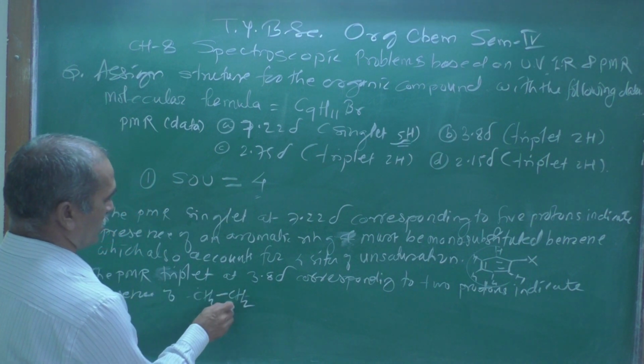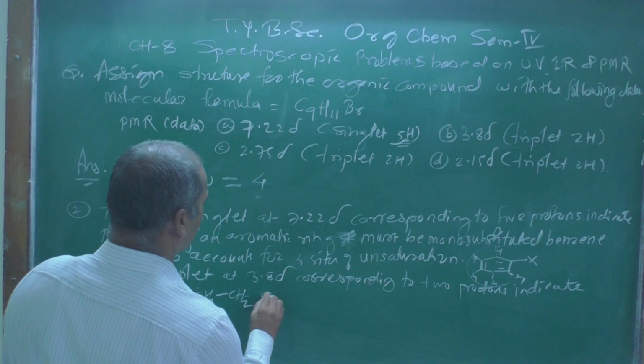This CH2, because there are 2 neighbors, then CH2 groups,